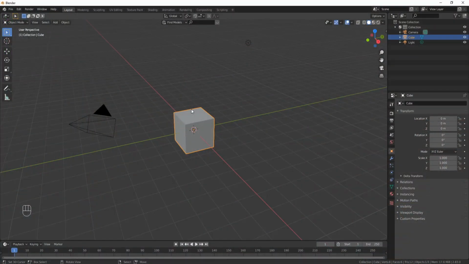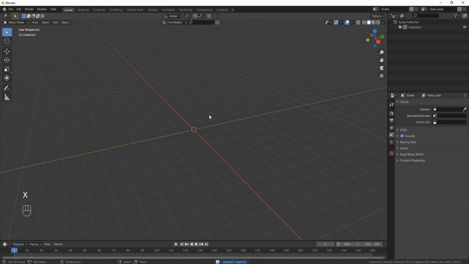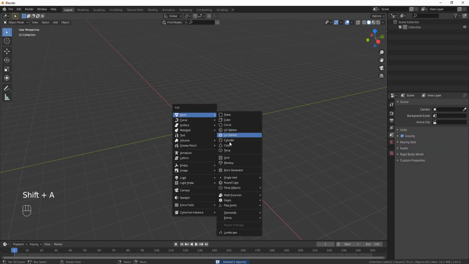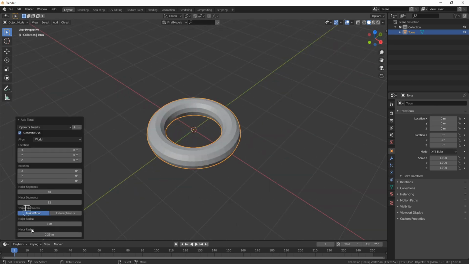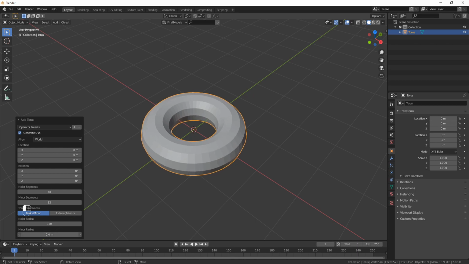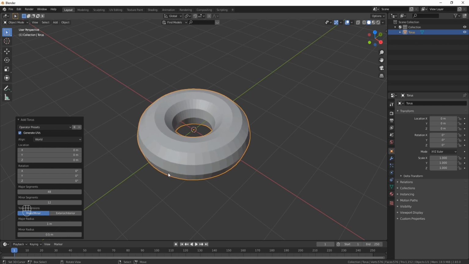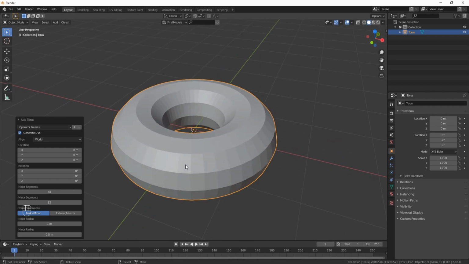Let's open up Blender 2.83. I'm going to select everything in the scene by pressing A thrice, X to delete everything, Shift A, Mesh, Torus. This is going to be our inflatable ring, the basis. Down in the left menu, I'm just going to increase the minor radius to 0.5, so it looks like this,